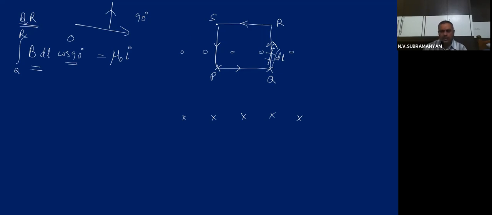And in the region SP, there also you will get 90 degrees. For that also the magnetic field is 0, along this path. Then I already told that the RS path is outside, so for that also the magnetic field is 0. So this is SP, I'm sorry, for SP also theta should be 90 degrees. Then what about the RS part? For RS also it is 0. That means for 3 parts the magnetic field contribution is 0.